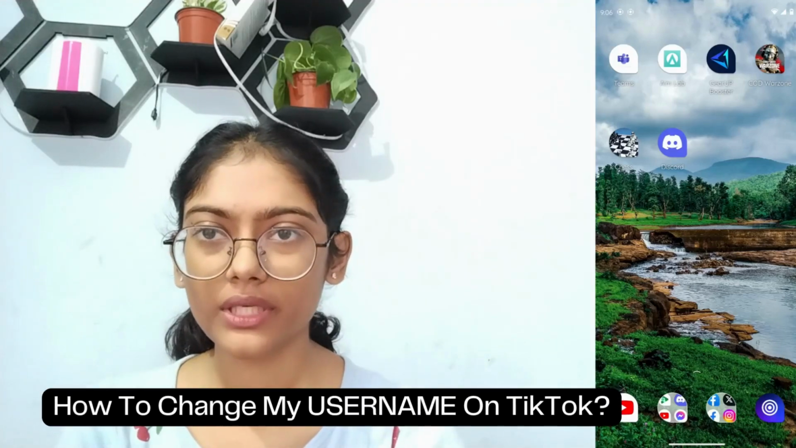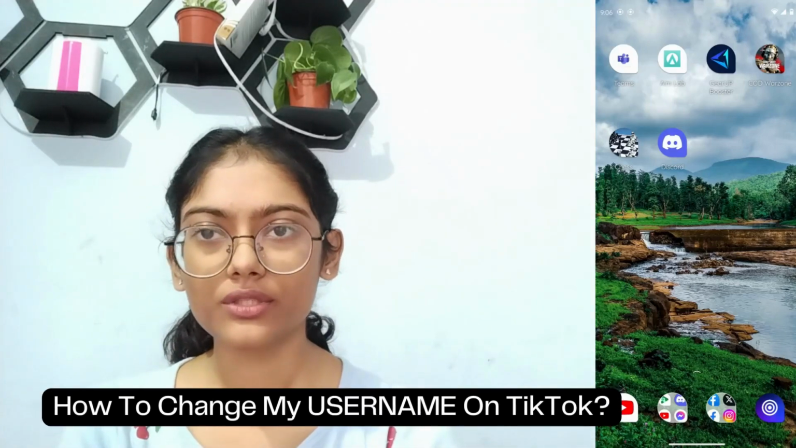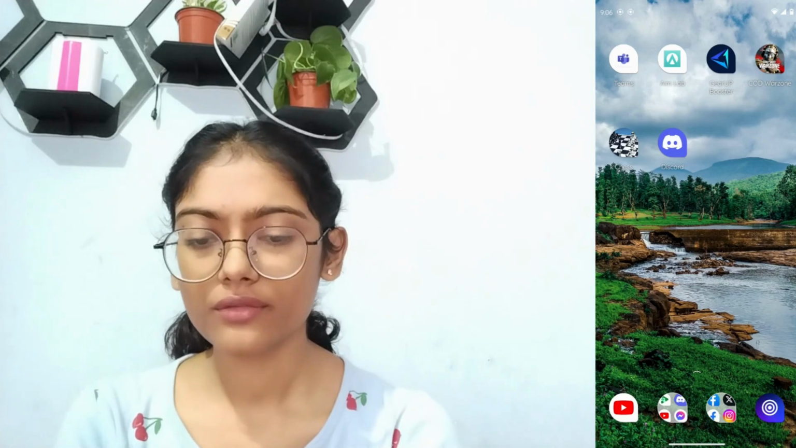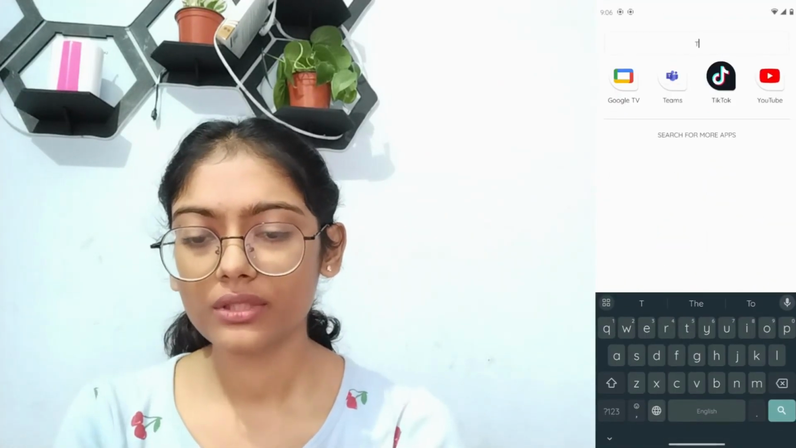How to change my username on TikTok. So if you want to change your username on TikTok, then first of all open up your TikTok application,